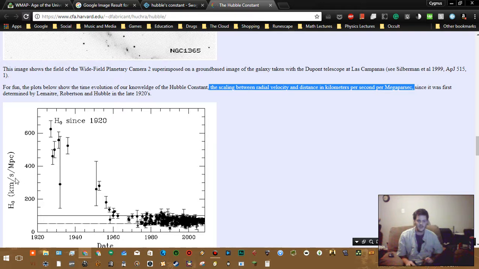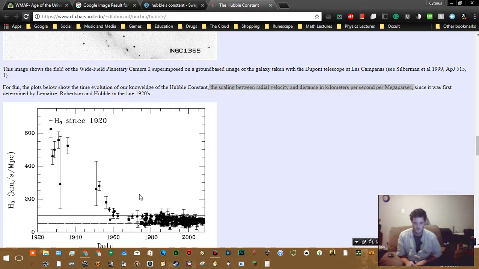That means that for every megaparsec out into space, let's say this axis is time and this axis is space, and this is how much it's receding. Then you'd have the reverse of this. So the further you go out into space, the faster things are going away from you. There are only a few reasons this happens. Actually, I can only think of one reason off the top of my head.